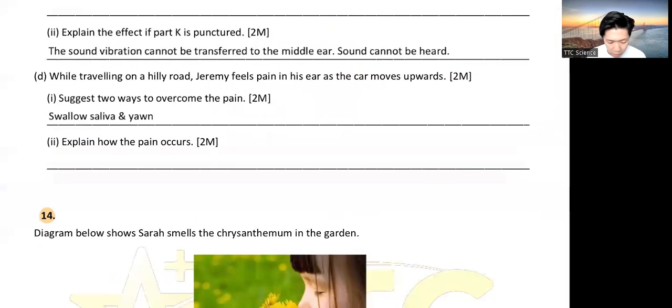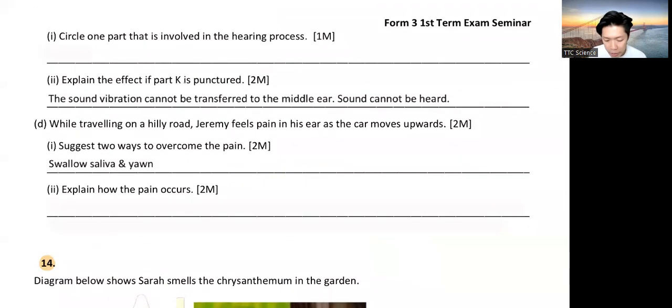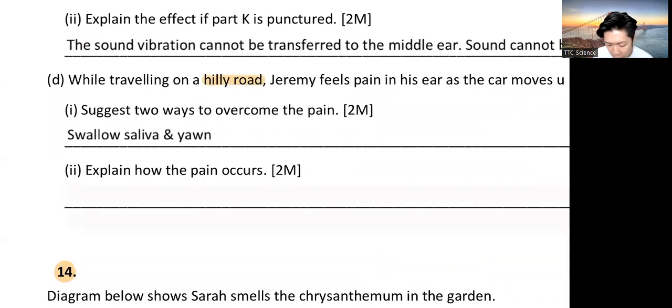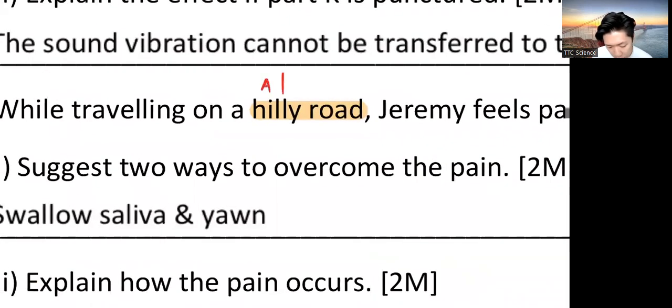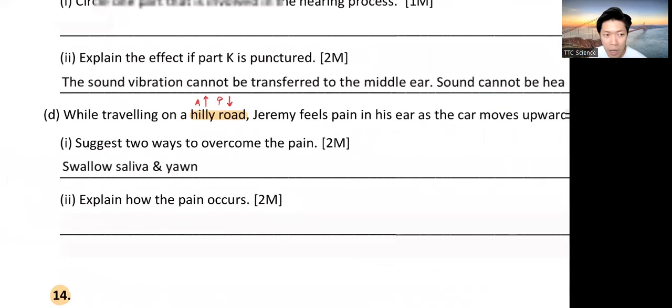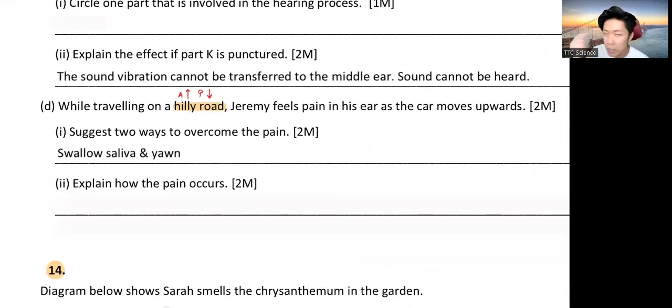So explain why the pain occurs. This has to be your Form 2 syllabus though, a bit on the air pressure and the altitude. So a hilly road means you're going up, right? So when you go up, altitude increases, air pressure decreases, right? Going higher, air pressure decreases. So when air pressure decreases, the pressure in your ears increases. Outside decreases, your body has a lot of gaps, a lot of empty spaces in your head, right? Those have air, right? So when air pressure increases in your head but air pressure outside decreases,